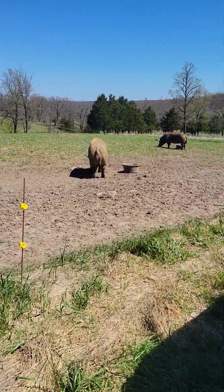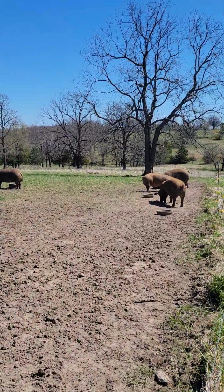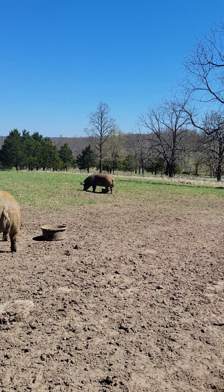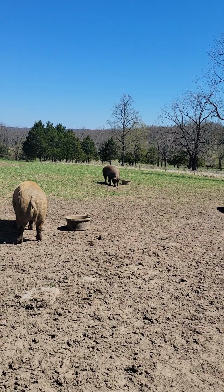I'm just going to go quick and show quick shots of things that I want to point out along the way. So let me flip this around. So this is our Tamworth breed, a heritage breed. Heritage breeds are wonderful because their genetics had never been really introduced to Asian genetics that were bred to